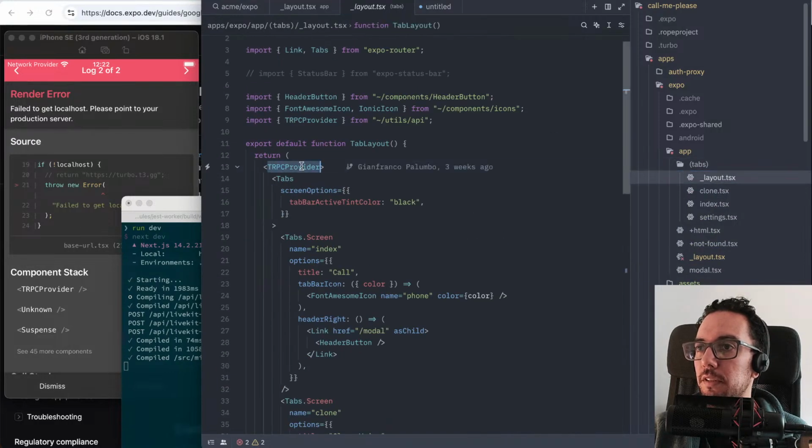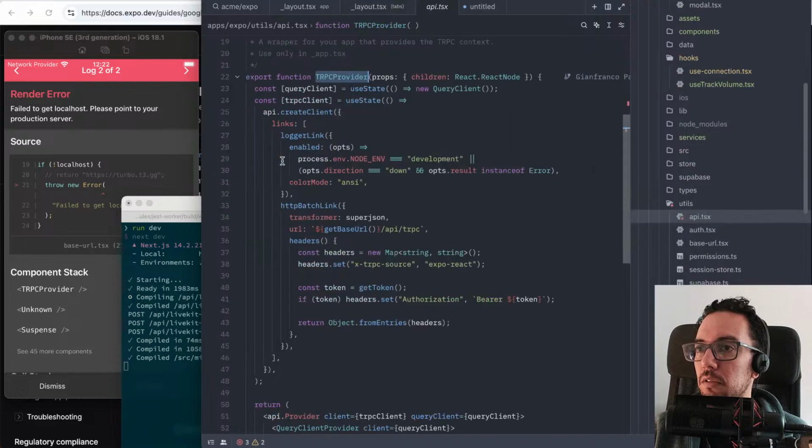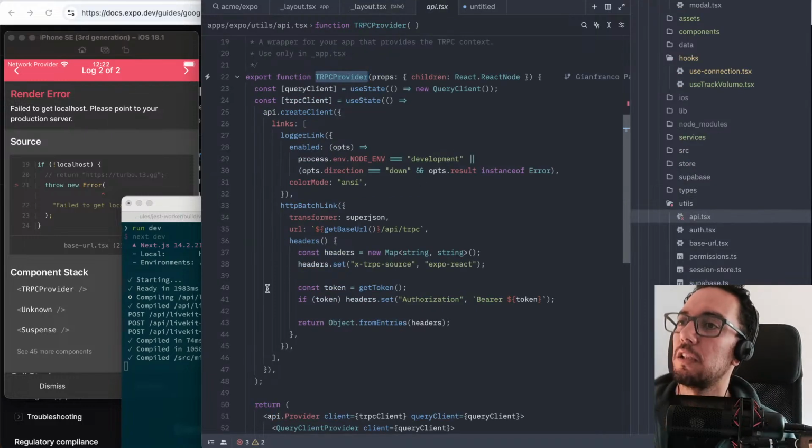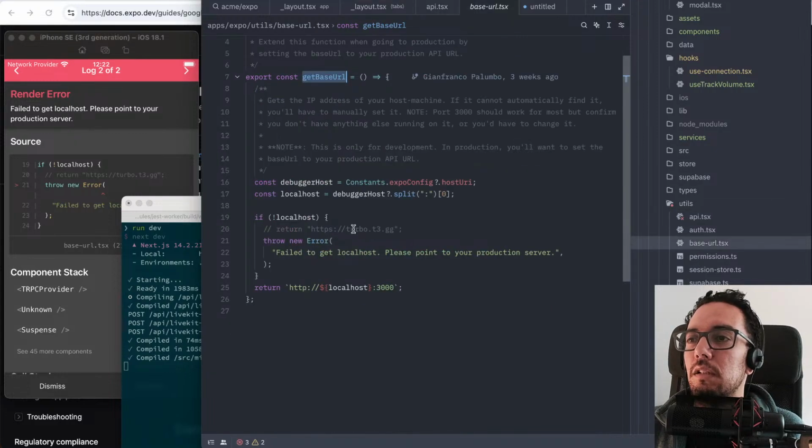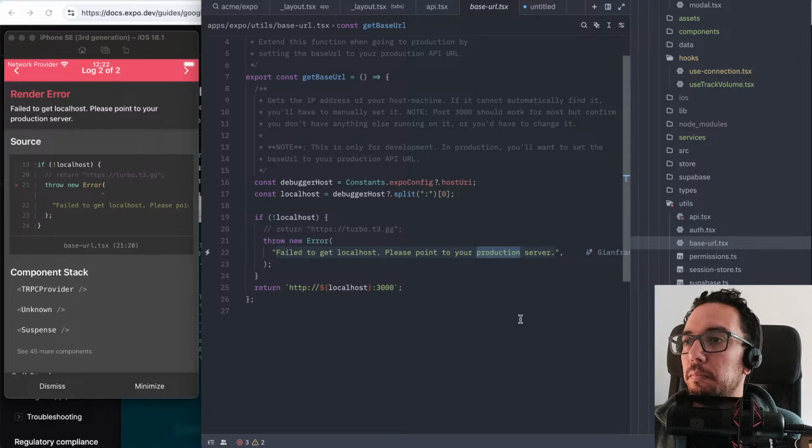Oh, the TRPC provider is on the tabs layout. And the TRPC is trying to get to a localhost. Failed to get localhost. Please point to production server. So if it's not localhost,